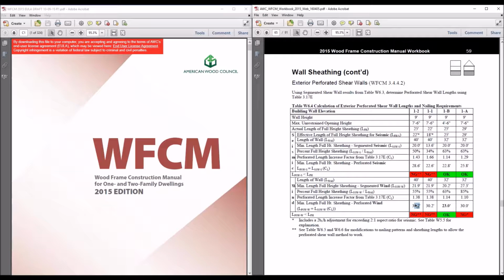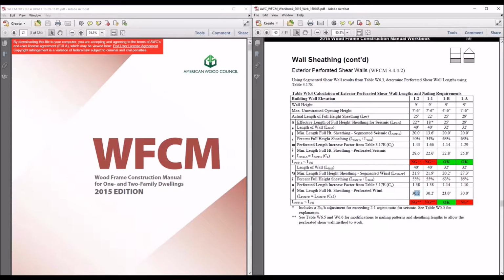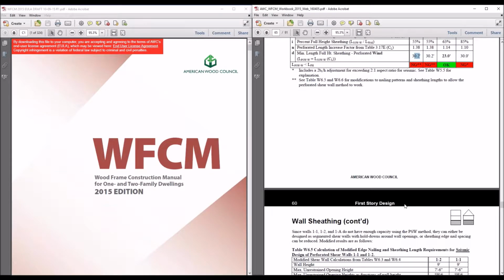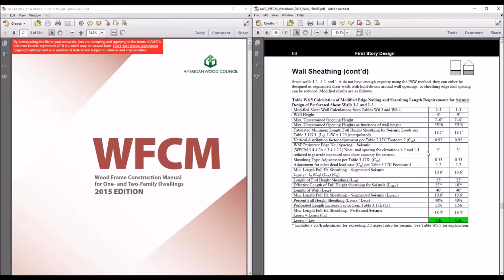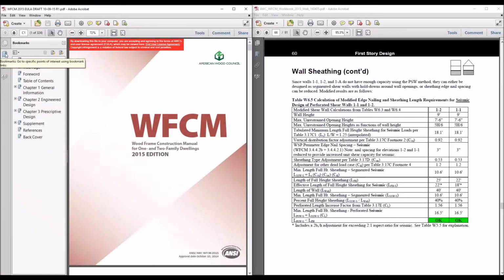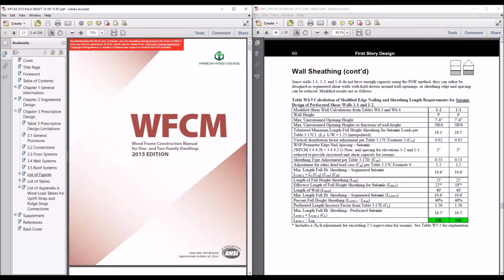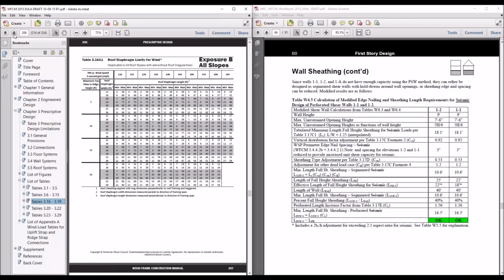So what do we do? Well, that's where we're going to pick up something new today on page 60, and that's why I'm skipping over some things to get here, because this is going to be new information that we didn't cover last week. So I'm going to jump to the wood frame construction manual, table 317D. If you're following along with me, jump into your wood frame construction manual, table 317D. If you want to scroll there,